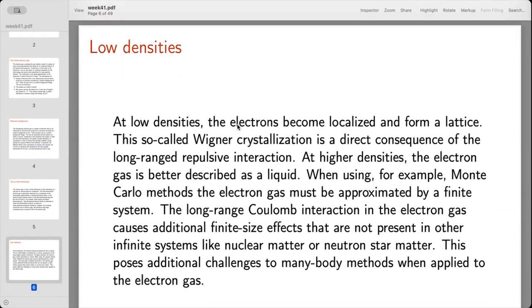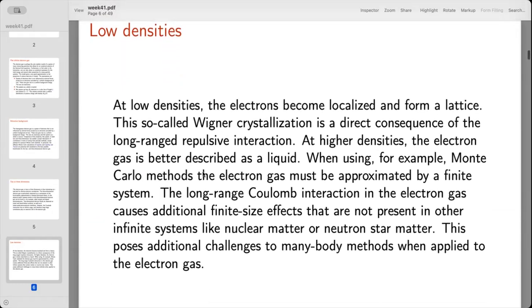But at low density, the electrons become localized, and there is a transition to something called Wigner crystallization. So that's a new phase, and that's a direct consequence of the long-range repulsive Coulomb interactions. And at higher densities, the electron gas is normally better described as what we call a quantum liquid. And then when we are running calculations with standard many-body methods, this interaction between electrons is normally simulated by